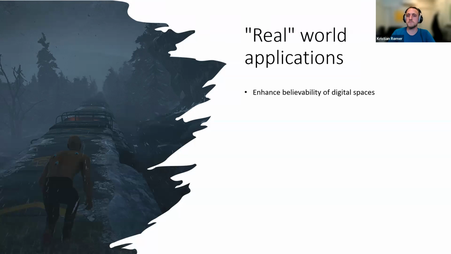So imagine that you have been tasked with designing a new train, like sitting on a train like this old one here in the picture. It's both audibly loud, you can hear a lot of background noise, but you can also feel the train vibrating. So if you put your hand to the window or on the table in front of you, you will feel the vibrations of the train. So I can see a scenario where an architect or an acoustician is presenting a new train version that is much more comfortable. Then you can actually put your investor in there with the controller in hand and show them how good it feels to be on this train. It's actually soft and calm, even though there are still vibrations, of course.